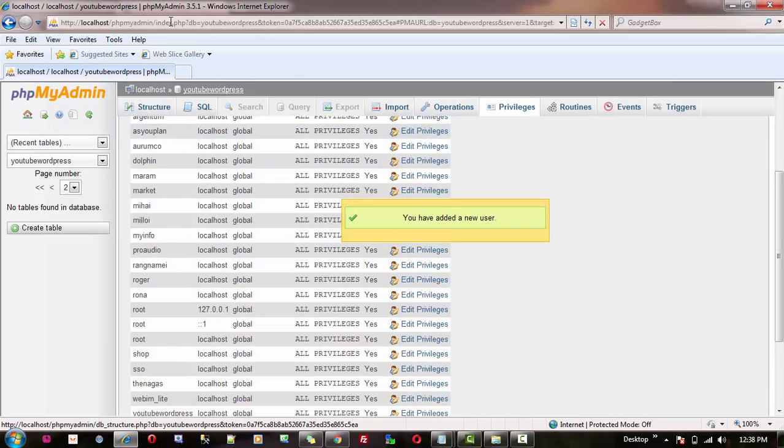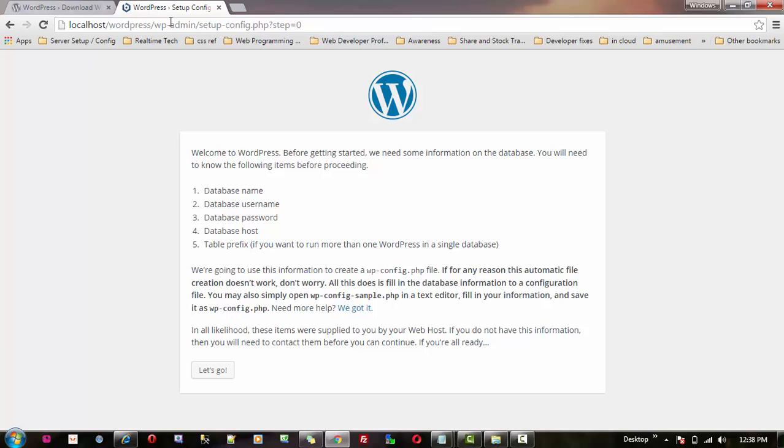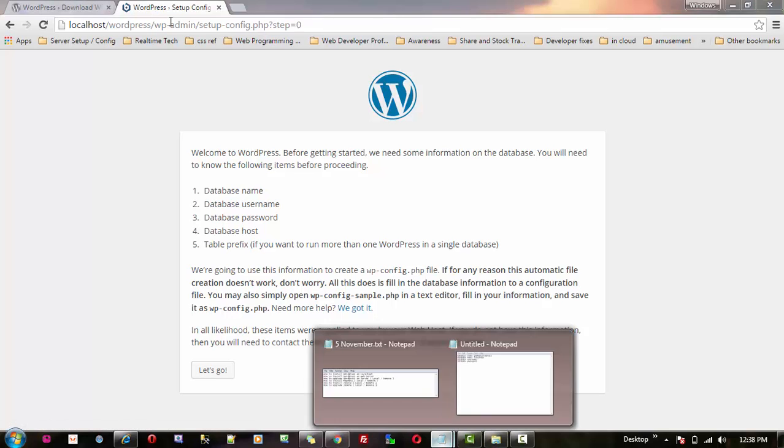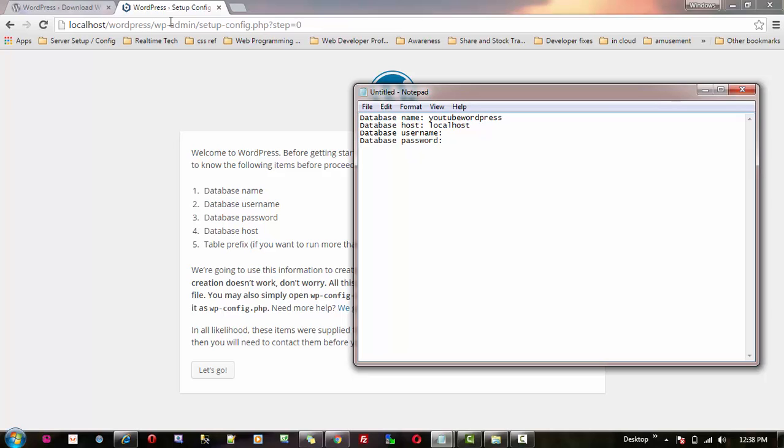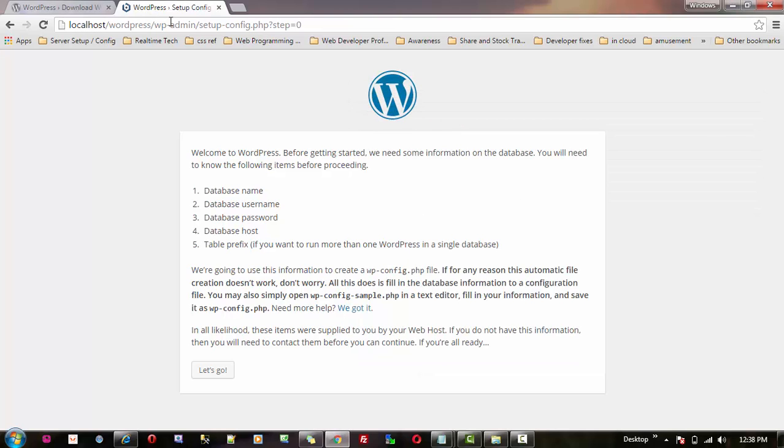Alright, let's go back to our database, and now we are going to come back to our installation screen and click this let's go button, because now we already have the database username, which is this, and the database password, which is also this. Okay, now all these settings are ready, all these details are ready, so let us click this button, let's go,